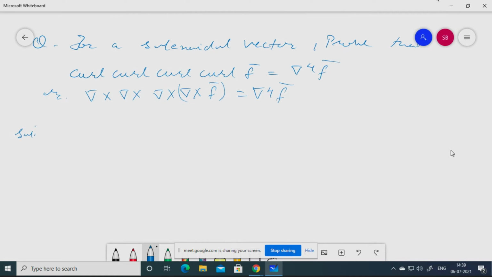Now you observe the theorems you have copied. You have written all those identities, not proved, but at least written them. Now look at those identities and tell me, to prove this particular one, which identity you can use? Ninth one. Because what is the ninth identity? It is del cross curl of A bar, which is given by del dot A bar minus del square A bar. This particular one we will use.